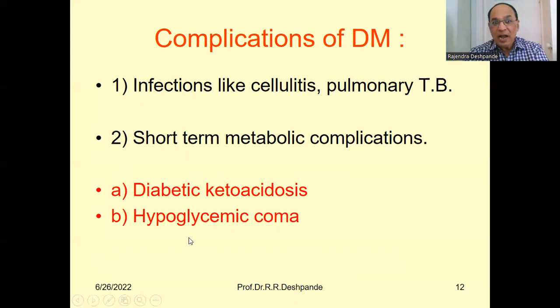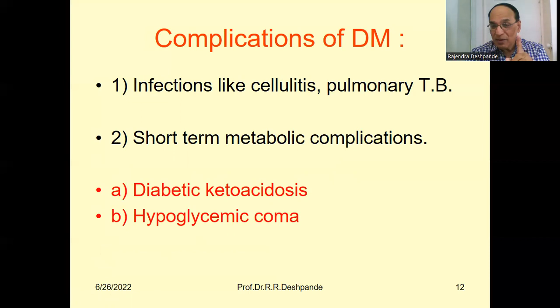Hypoglycemic coma is more dangerous. Blood sugar goes down. Normally it should be above 80, but if it goes to 70, 60, 50, the patient may die at any moment. Be careful. Professor Deshpande is telling you, hypoglycemic coma or unconsciousness is fatal. The patient can die within an hour. But diabetic ketoacidosis, no. It can be managed. The patient should be admitted in the hospital, then an insulin drip will be given and the patient will be managed.